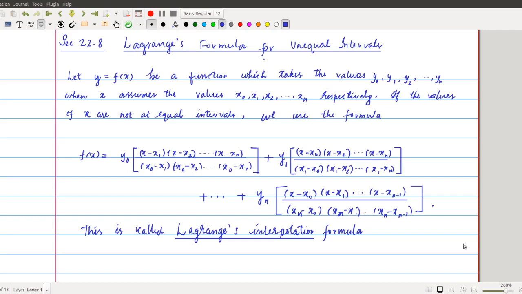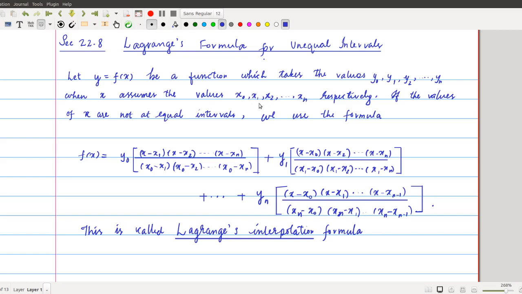Hi all, today we discuss section 22.2, Lagrange's formula for unequal intervals. This is the formula for the function y equal to f of x. We have the values y0, y1, y2, etc., yn when x assumes the values x0, x1, x2, etc., xn respectively. If the values of x are not at equal intervals, that means the difference between these consecutive numbers